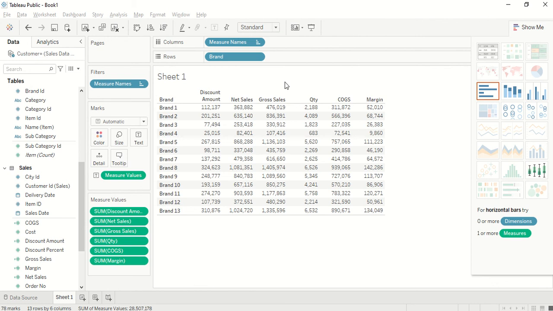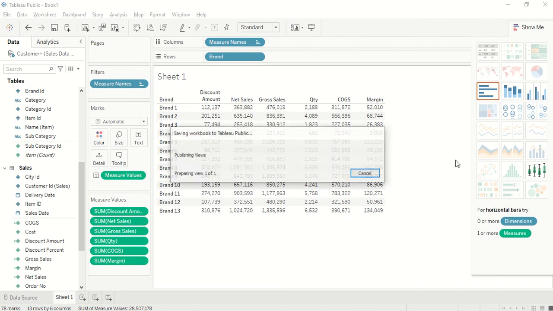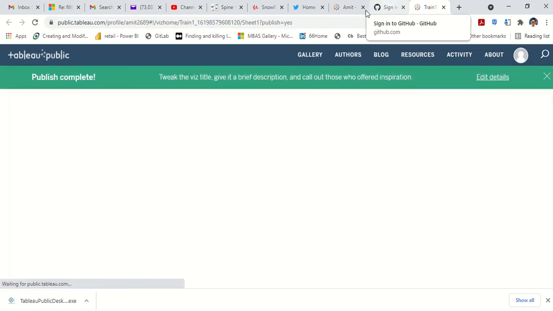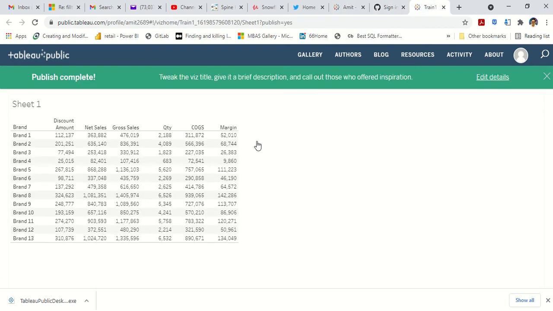What happened is, I tried that option but it did not work out, so I went to the Tableau Public website, and I have done that there, and now it is asking, I'll call it train 1. That's we are doing a training. Let's see. Yes. Okay. So I went to the Tableau Public website, there I created my login, and then I came back and logged in here, and I'm able to do that successfully. In case you are not able to do so, you can go to the Tableau Public site and create it there, just like I created and logged in here. And then once you publish, you will be able to see it.